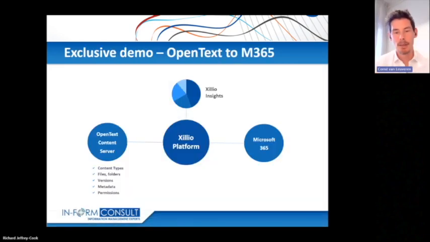end. So my colleague Alvaro has prepared a demo from OpenText to Microsoft 365. What you're going to see is that we're going to migrate from OpenText Content Server. We're going to migrate it into the Xillio platform. We're going to show content in insights, in the dashboards and in visualization. So you actually get insights into your data. And that dashboarding tool really helps to make data-driven decisions during the migration. And then the last step is that we may migrate it into Microsoft